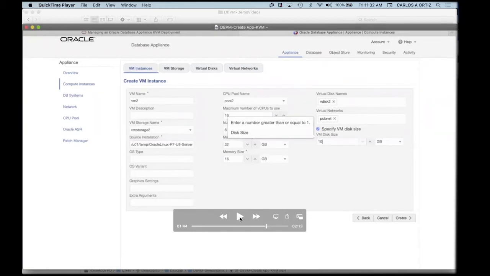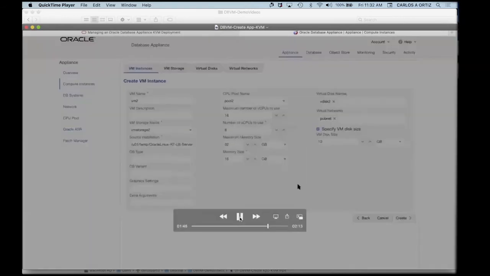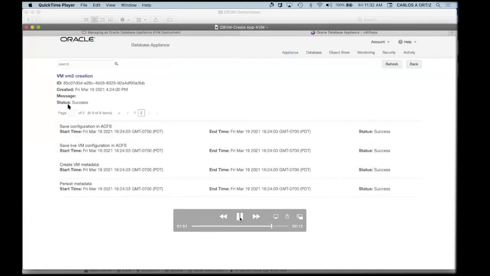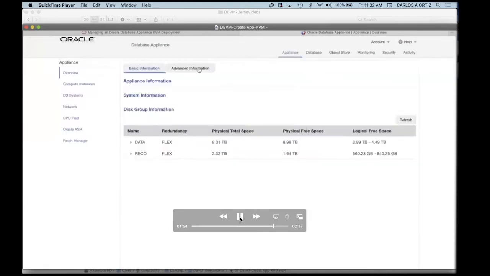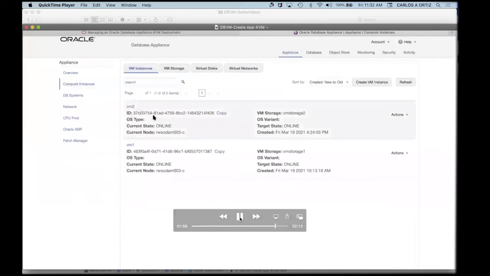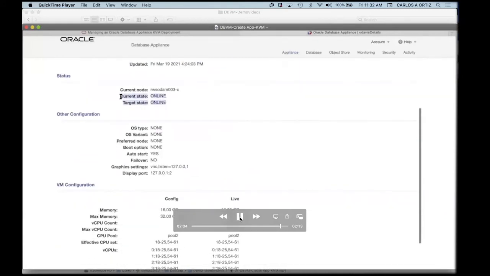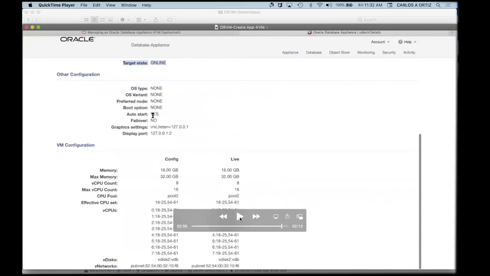And so you create it and you go to the status and it's done already. So it's very fast to create. And now there's your application KVM, VM2. You click on it and you can see the different parameters. First, the status configuration. And at the bottom, you see the VM configuration, there's a live and a config. The live is what is running, and the config right now is exactly the same, but you can actually go and make some changes,